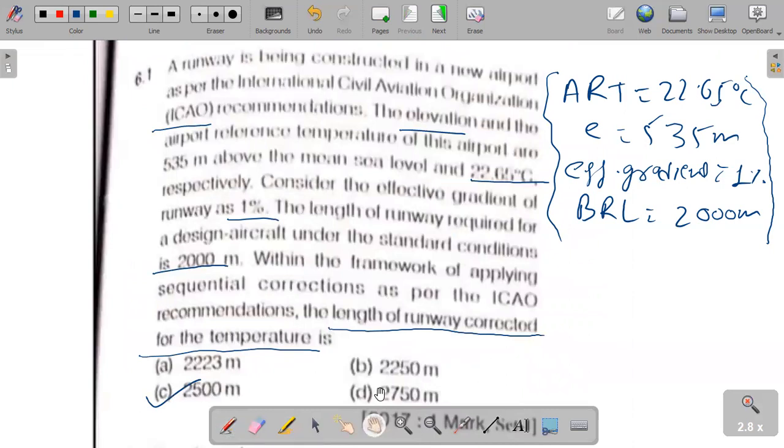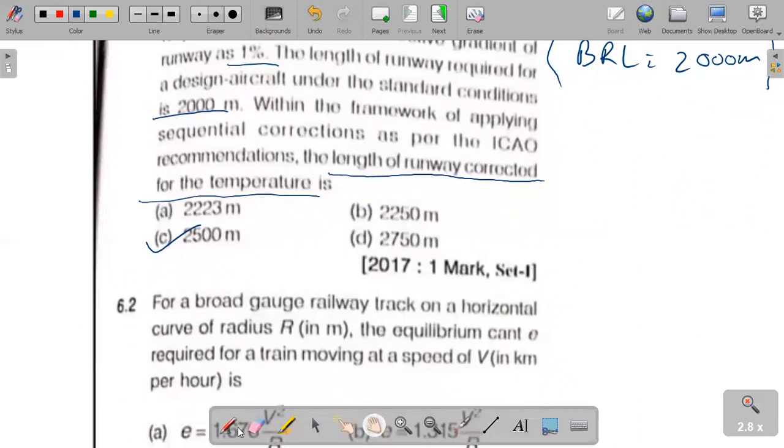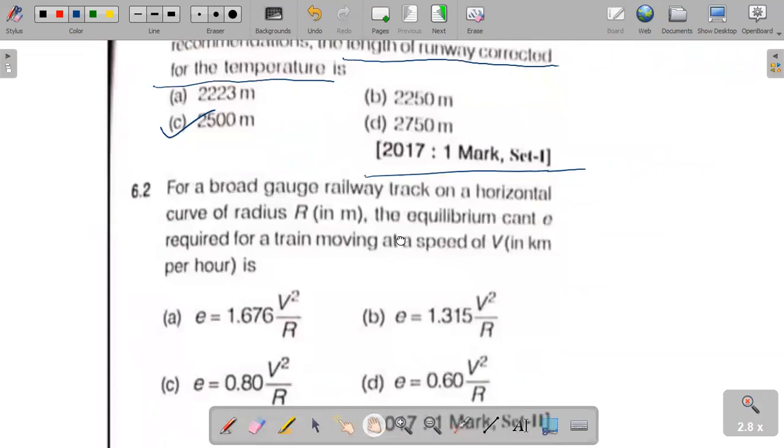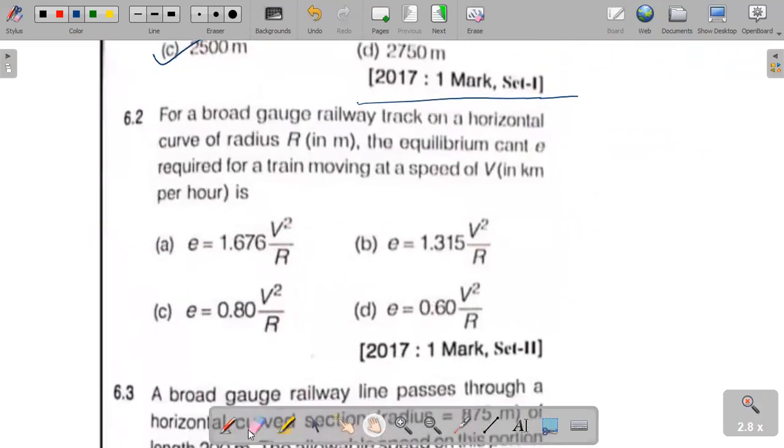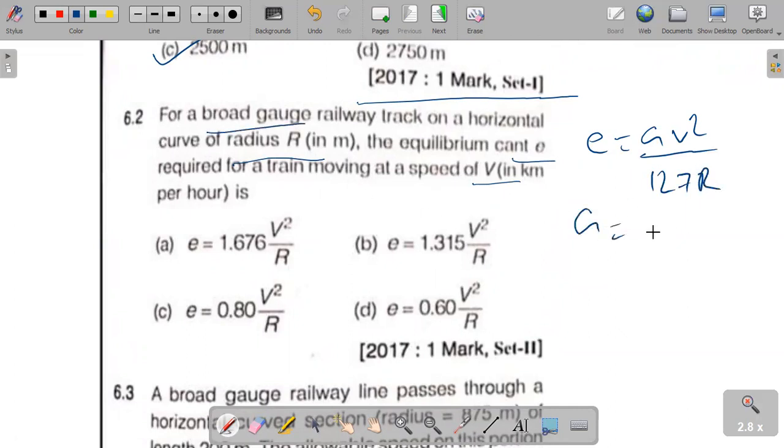This is a question from GATE 2017, a 1 mark question, from Set 1. Let's see another question, a basic formula-based question: for a broad gauge railway track on a horizontal curve of radius R, the equilibrium cant E required for a train moving at speed V. So if you remember, we have a formula GV square upon 127R, and for broad gauge, G